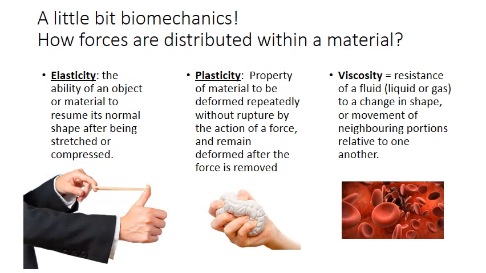Let's review an example of how we can use basic science in occupational biomechanics. You know how forces are distributed within a material. We have different types of materials. Some of the materials have elasticity. So it means that that object can resume its normal shape after being stretched or compressed. Some other materials may have plasticity. It means that they deform without rupture by action of force, and they may remain deformed even when we remove